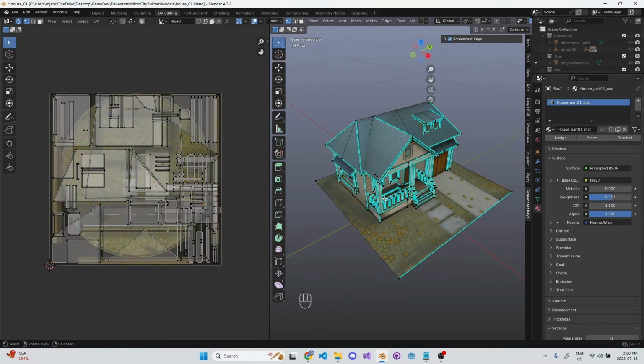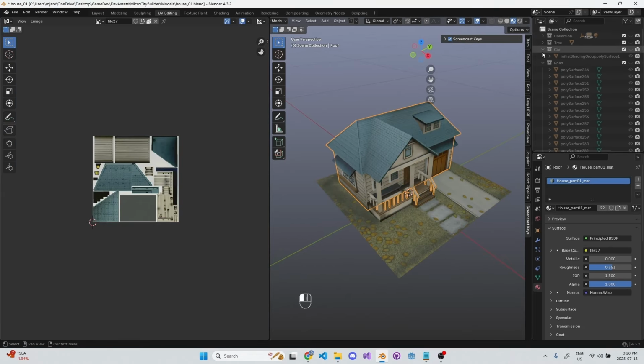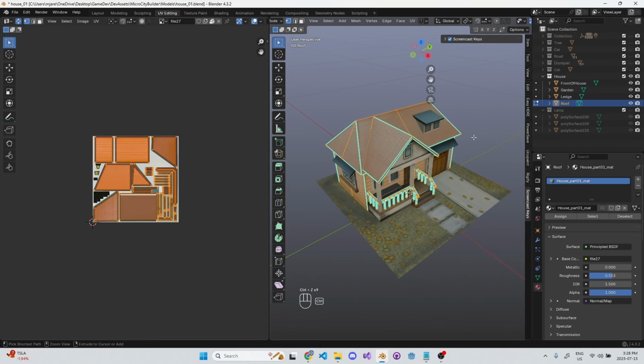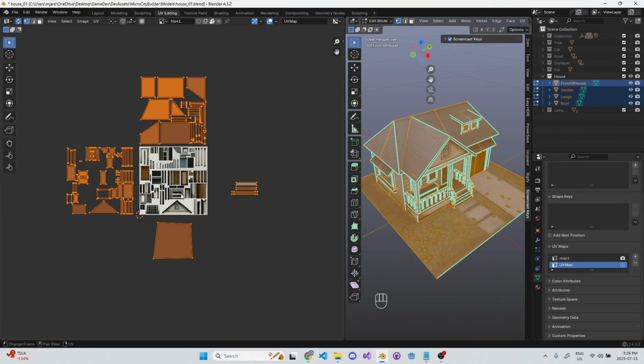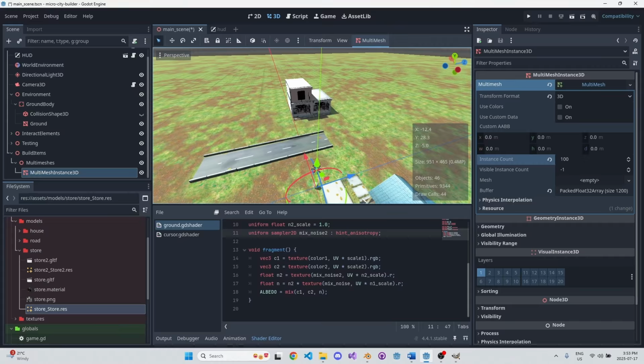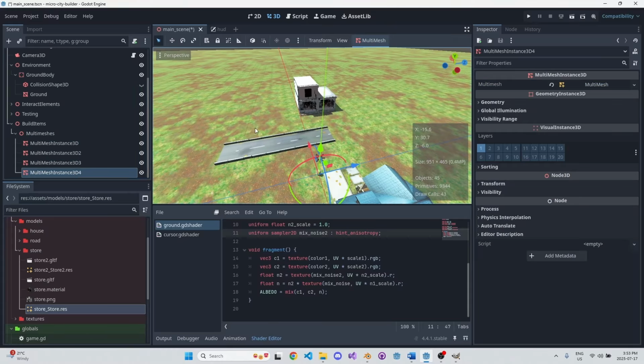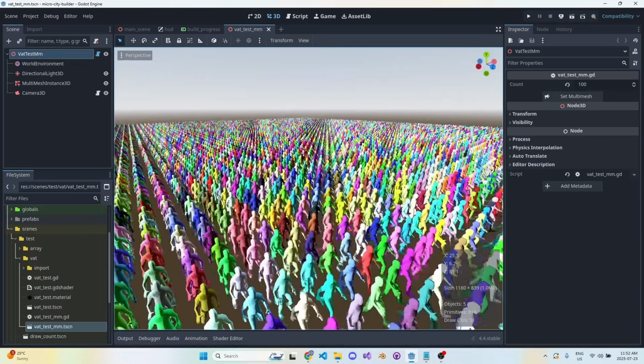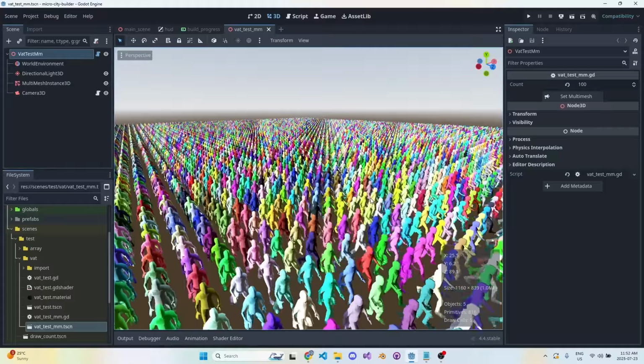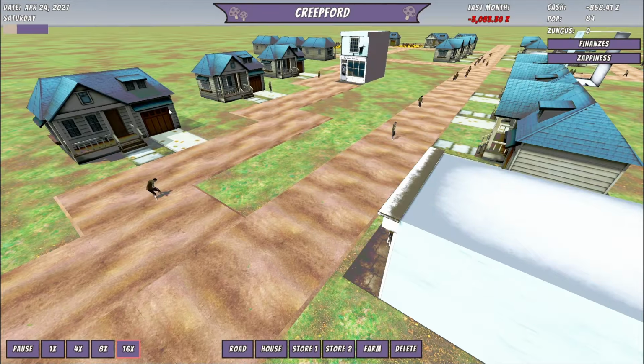Since this game was built for web, I had some pretty nifty optimizations in mind right from the beginning. We use multi-meshes, ref-counted objects, and packed arrays, and the star of the show here is Vertex Animated Textures. This is the reason we can seamlessly render so many of those zombie guys on screen at once. I think it's super satisfying to just watch them run around and do their thing,